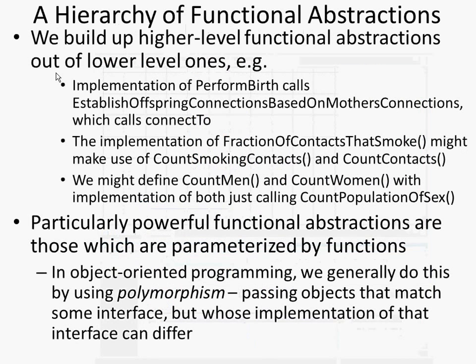So we count our total contacts, we count the number of smoking contacts, we divide one by the other to get the fraction of our contacts that smoke, right? Straightforward. You might have a method called count men, and a method called count women, and both of them could call off to a method, say, count the number of people of sex, whatever. So in short, we build these kind of hierarchies